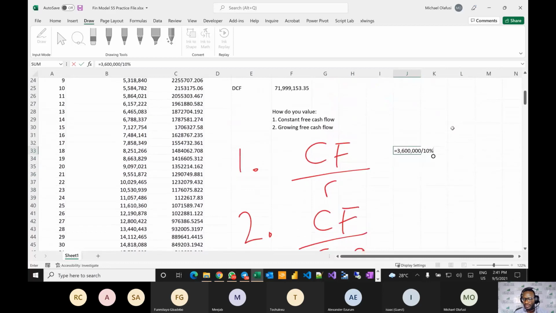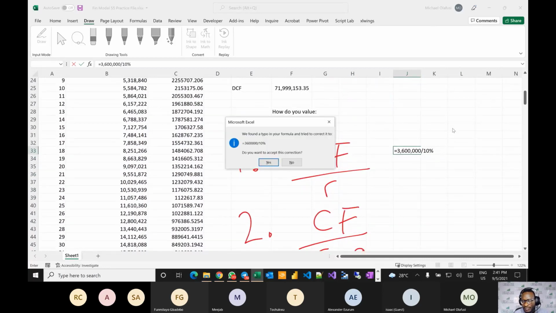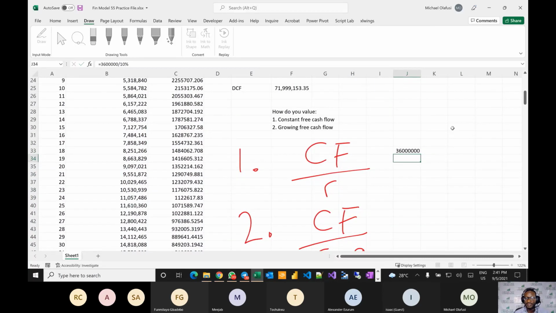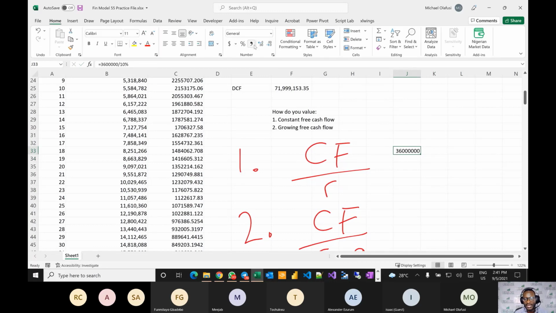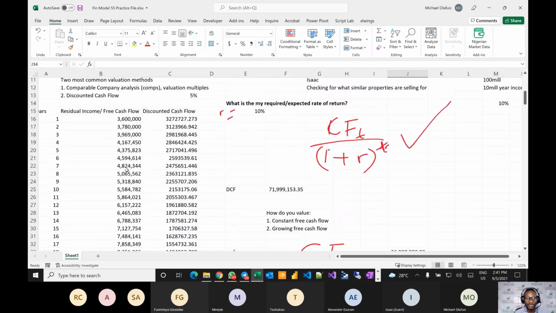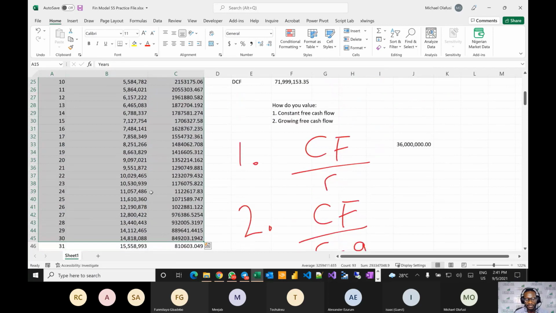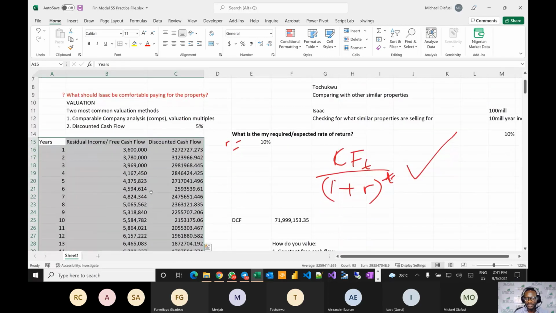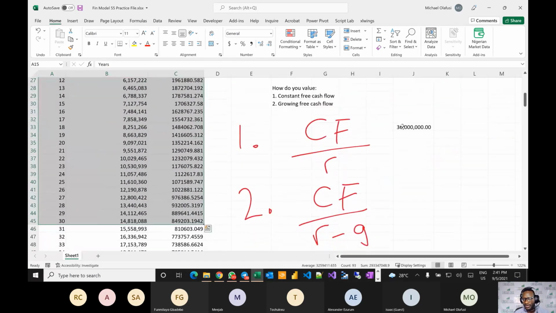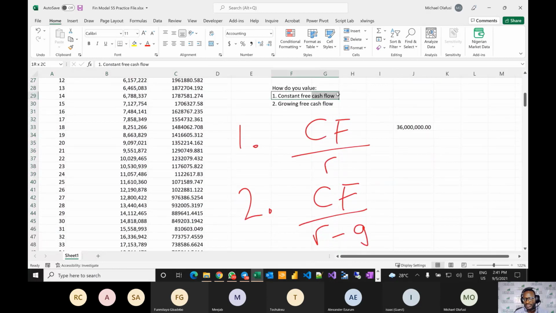And if I do this, yeah, see, I get exactly the 36 million. So I could have saved myself the stress of doing all this breakdown and all of the calculations I'm doing, and just use this formula once and for all if I know that it is constant cash flow I am getting. So that's how you can value even fixed income.